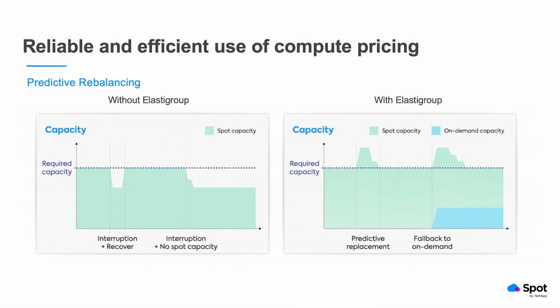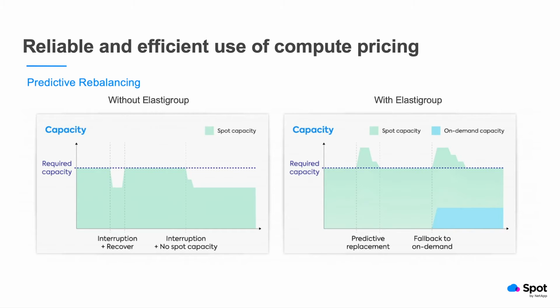Elastigroup will also automatically and in a predictive manner handle your cluster capacity while being able to predictively rebalance clusters ahead of interruptions. So let's say you're about to lose a couple of nodes and you had 10 instances running and about 2 were going to be interrupted. Traditionally, you would lose 2 instances and then recover 2 instances. Elastigroup will do it the other way around. It will first cover 2 instances. Let's say you have 10, it will go up to 12 and then back down to 10 in order to